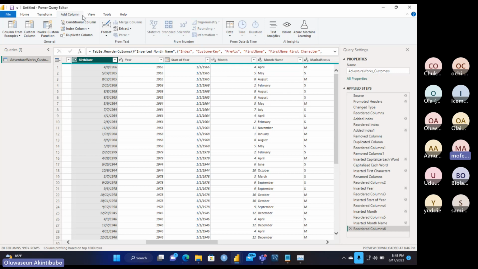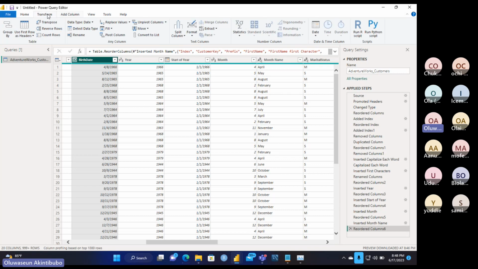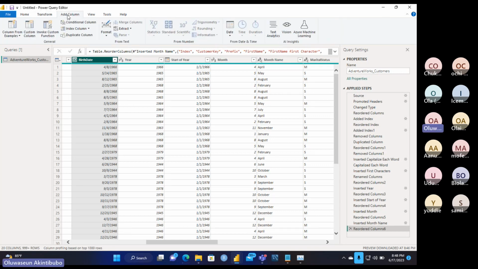I've told you that when you want to add a column, you have to make sure that you are not making the mistake of transforming your data when you are supposed to be adding a column. When you want to add a column, you use the add column menu. I said that you will make that mistake.